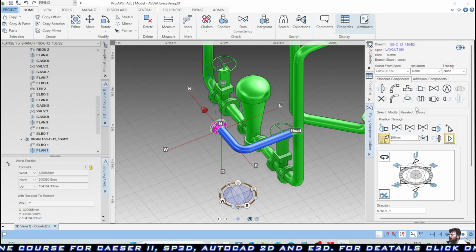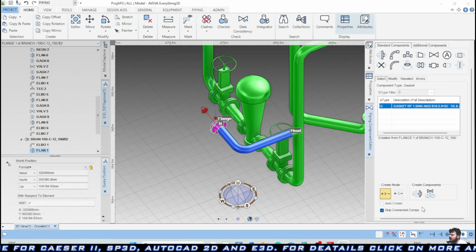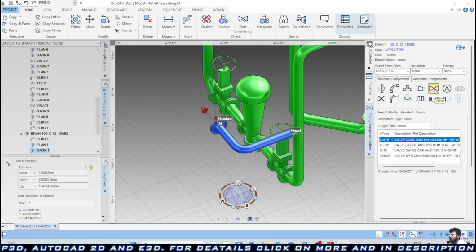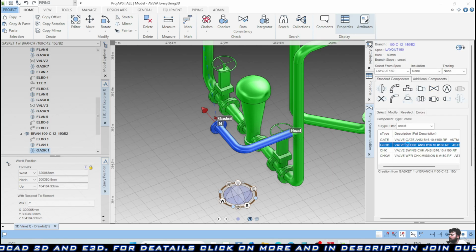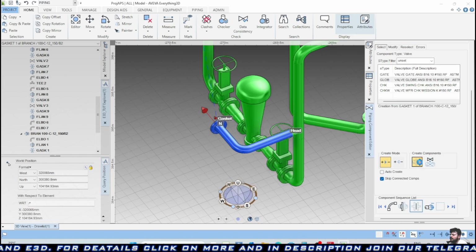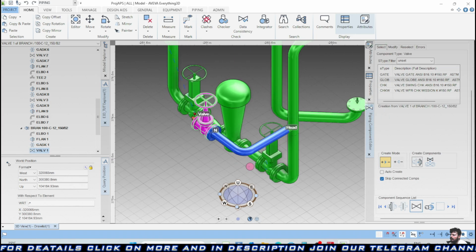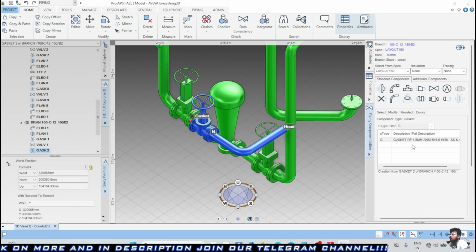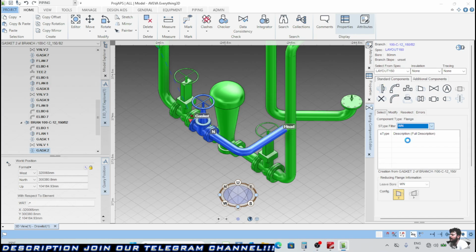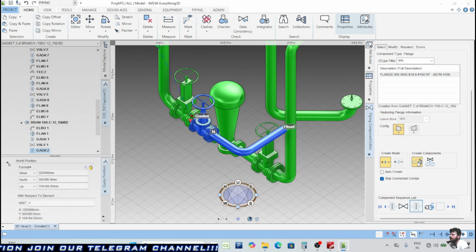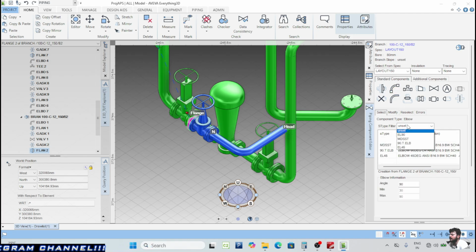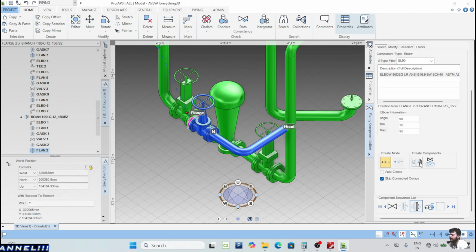Now this is given. Now we have to create one gasket, click on this gasket, create component, gasket created. Now we have to select one valve. Now we will select one globe valve, select this valve and click on this create component. Now this valve is created. Now again one more gasket is there, click on this gasket, click on create component. Now one flange, for that click on this flange, select the type weld neck flange, select this and click on create component. Now one more elbow, click on this elbow, select the type 90 degree, select this and create component.